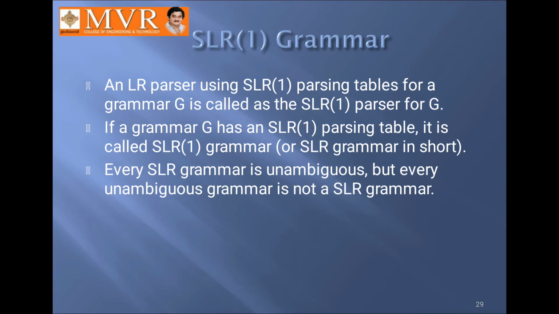The construction of the canonical LR(0) collection for the augmented grammar is defined with two functions, closure and goto. If G is a grammar with the start symbol S, then the augmented grammar G' is with a new start symbol S'. The role of the augmented production is to stop parsing and notify the acceptance of the input. Acceptance occurs when and only when the parser performs the reduction by S' → S.